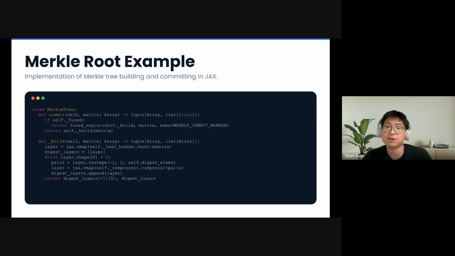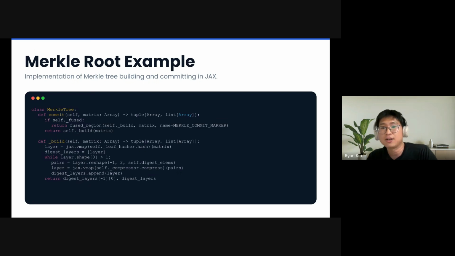And from the perspective of the auditor, it's just 10 lines of clean Python that any verification engineer can read and check against the Merkle commit spec. That's what I mean by verifiable form. The production code and the auditor form are not two different artifacts. They are the same code.